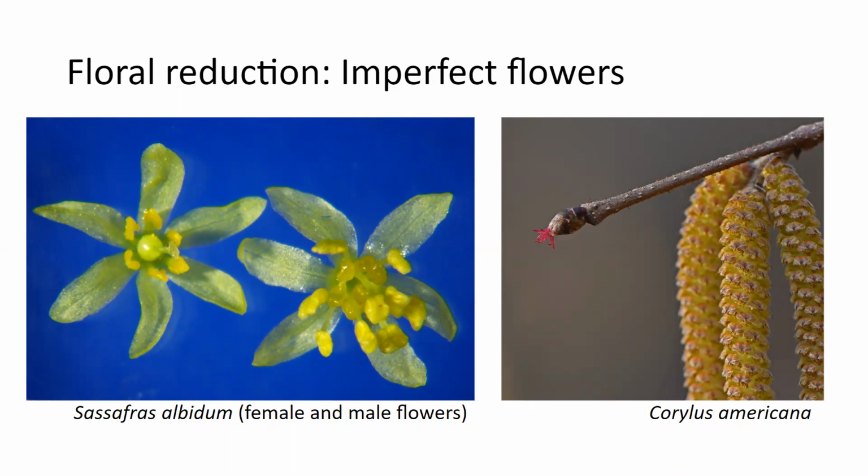And then an example of a monoecious plant in the Betulaceae is Corylus americana. So this is American hazel. And what's really cool about these is that you see the male catkins, which are the dangling parts on the right. So that contains the pollen. And then the female stigma you can see is bright pink, and it's on the left at the very end